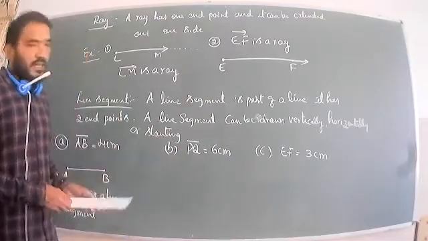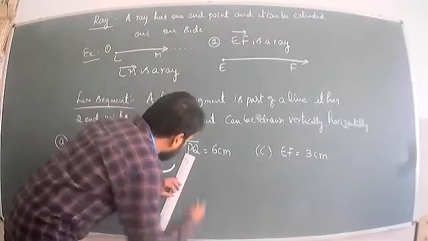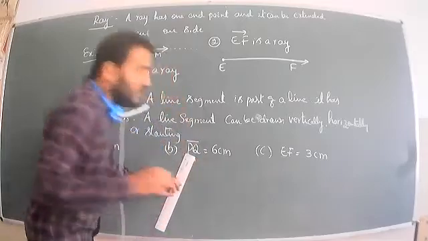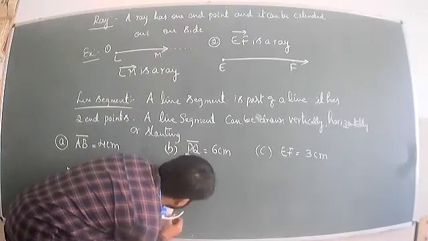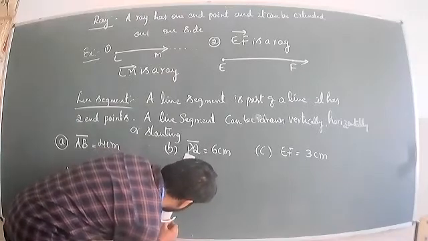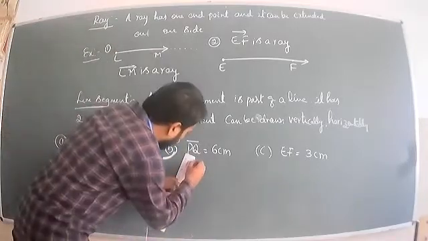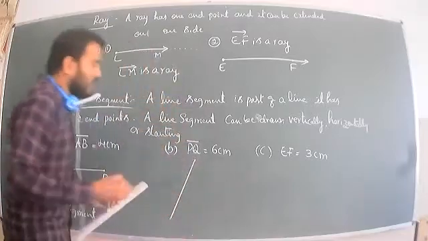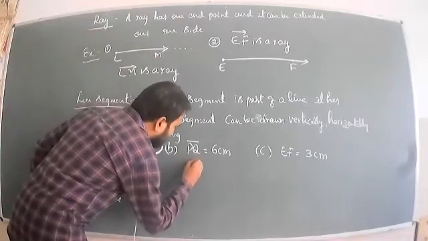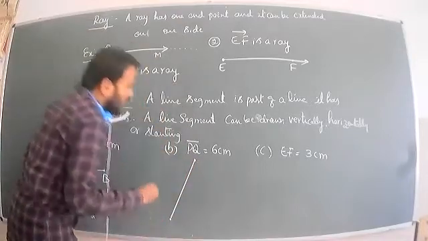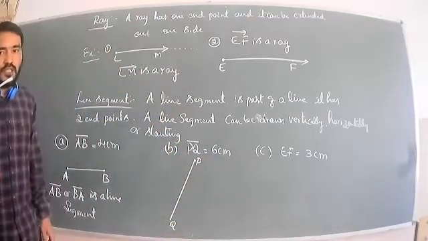Now we can take the scale, put the point. First take the 0 as one point, another one is 6 centimeter. Yes, we got the 6 centimeter. Okay, now put the point, now draw the line. Yes, draw the line. We have got the line. So put the points P and Q. PQ is a line segment.